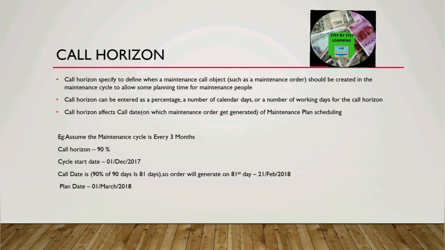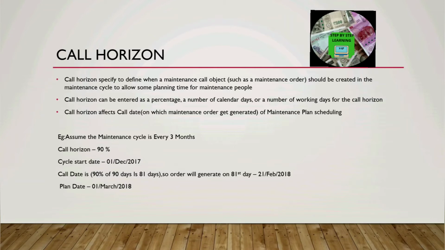That is defined by call horizon percentage. So 90 percentage, the call date is 90 percentage of 90 days, which is 81 days, so the order will get generated on the 81st day. That is why on 21st February 2018 the order will get generated in the system, and the maintenance